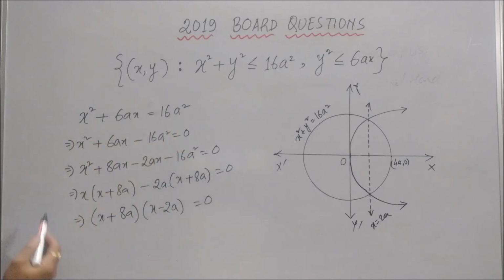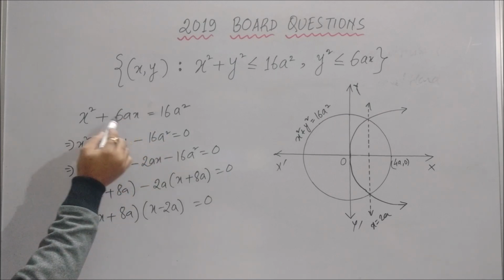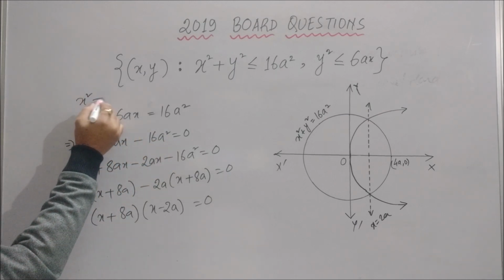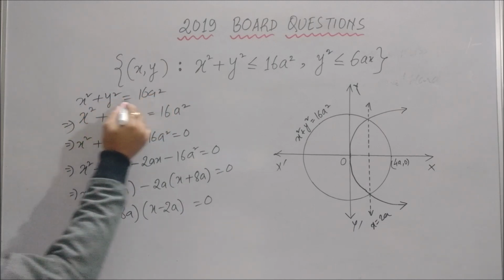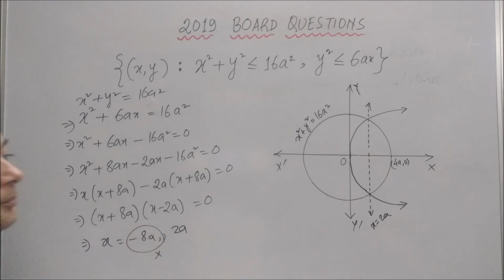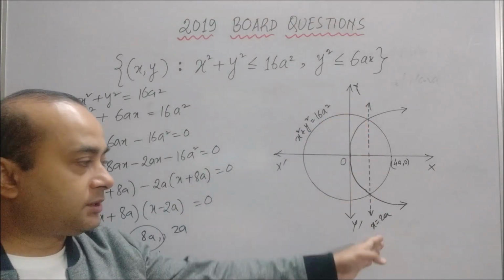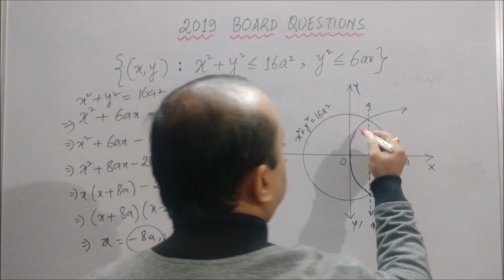I have made it 6ax equal to 16a square. How 6ax? Because originally the circle equation was x square plus y square equal to 16a square. So in place of y square, I have substituted 6ax, shifted the 16a square to the left side, and we got this equation where the x values we got are minus 8a and 2a. Minus 8a is not possible, 2a is possible. So this 2a is the ordinate where they intersect,